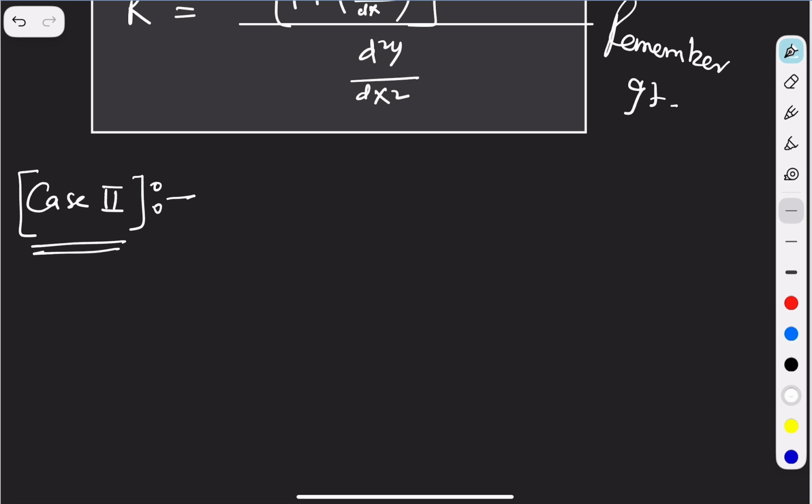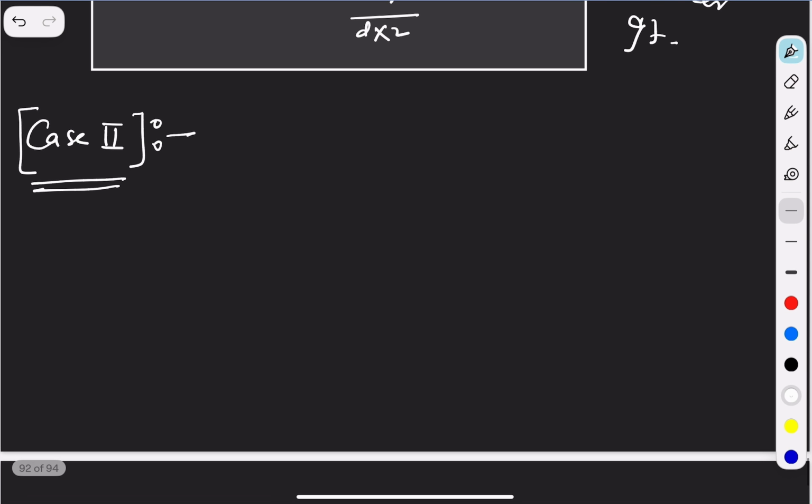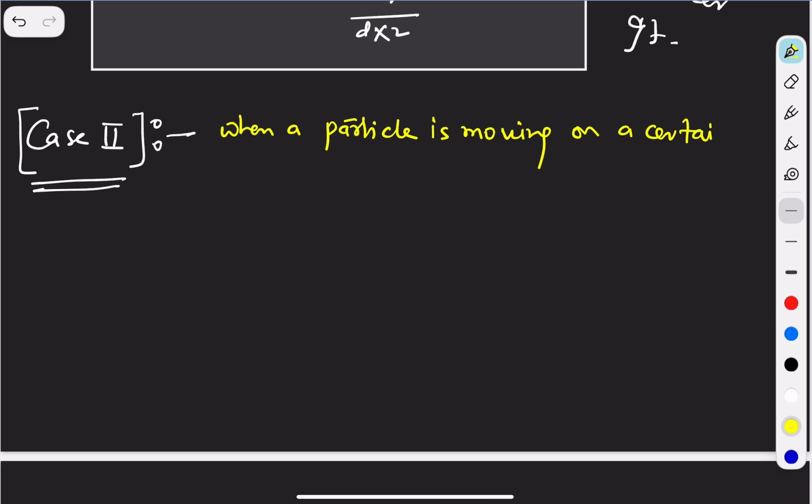Here the thing is, when a particle is moving on a certain curve with having some acceleration,